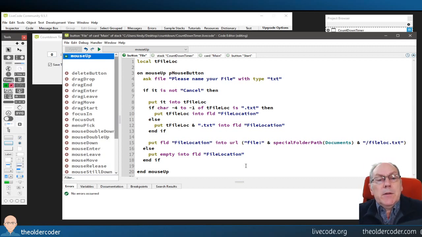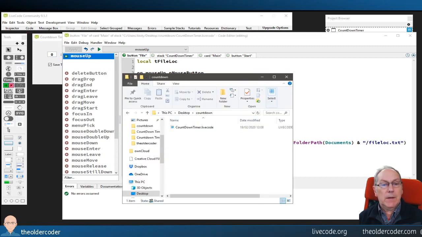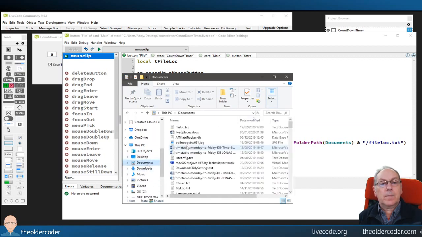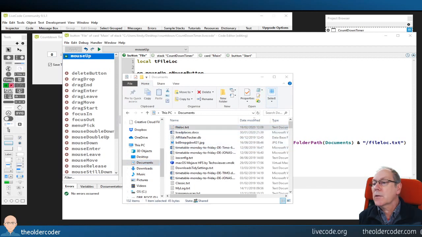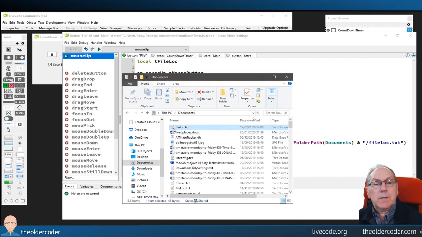If it is not cancelled, put it into tfile, put tfile and text into field file location. That works. Put field file location into URL file and special folder path documents and file. No, that's okay. So actually, let's go and have a look at our documents folder first. So we've got a file location text which has the location of our countdown. I'm just going to delete that to make sure it gets